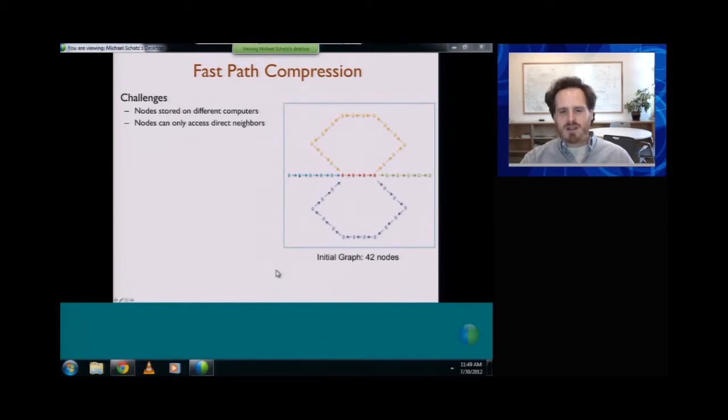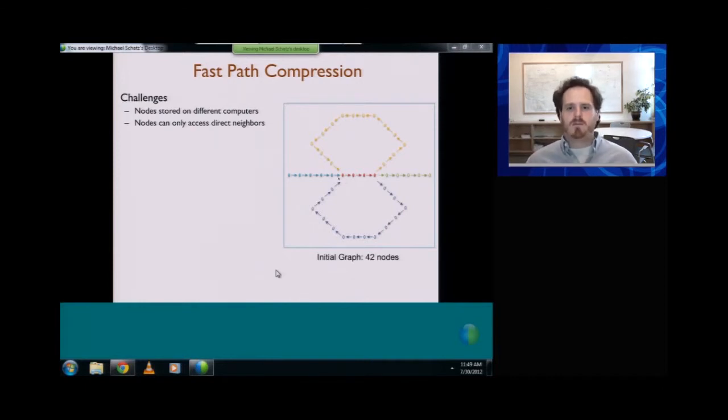The second node knows it's connected to this third node, and it knows that it has an in-edge from this first node. So nodes only know about their local neighborhood. It doesn't know anything about the global structure. What we want to do is impose a bracket on top of this,